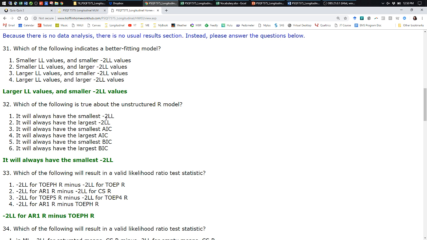Sample size for BIC, and for both of them, number of parameters, yes. So AIC and BIC literally start with -2 log likelihood plus some correction that wants to ding you for complicated models that don't fit that much better. So they may not like unstructured, but -2 log likelihood will always be smallest because that's the best you can get.